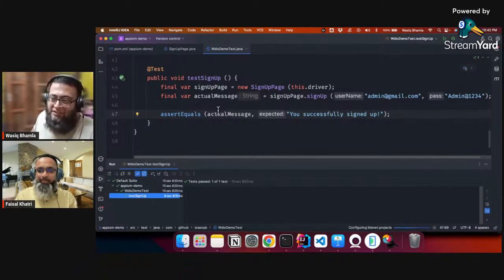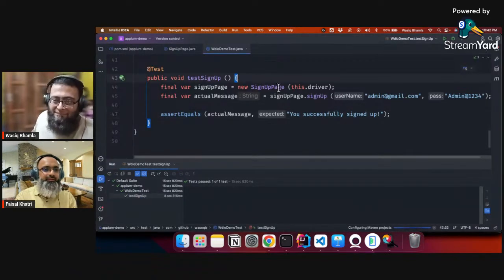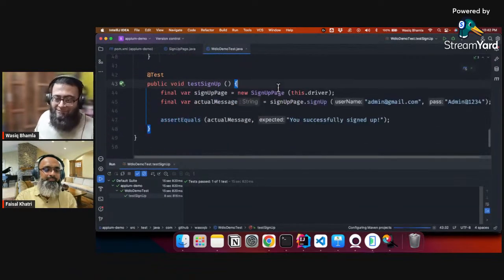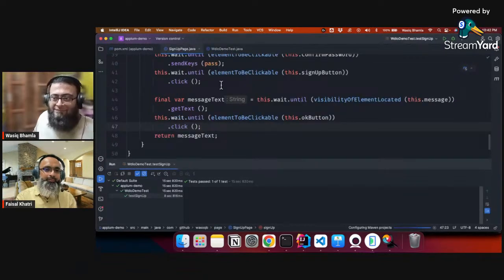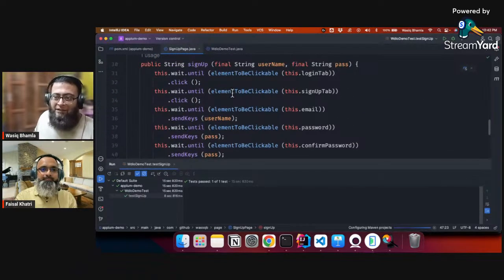The tests are also very neat and clean. You can see that it is self-explanatory. But I feel it needs some more cleanup. Code cleanup is required there. We can create more